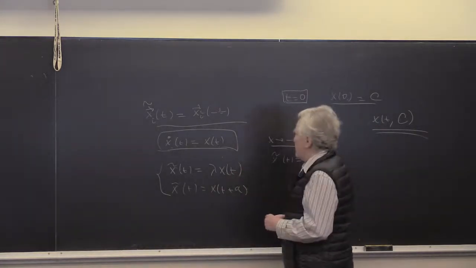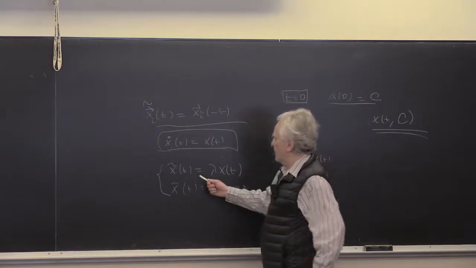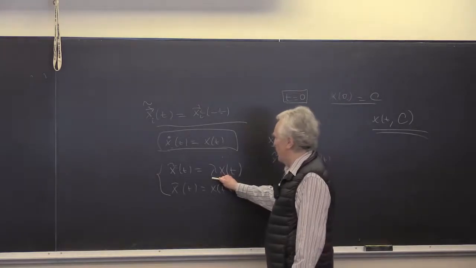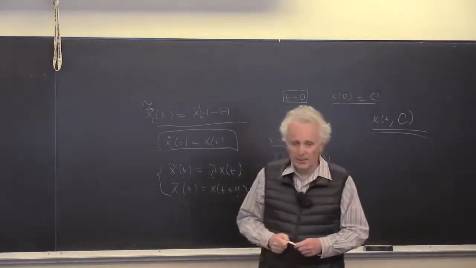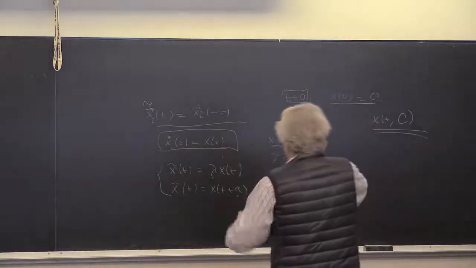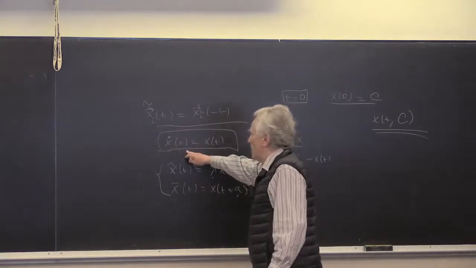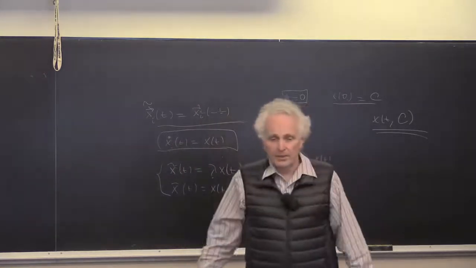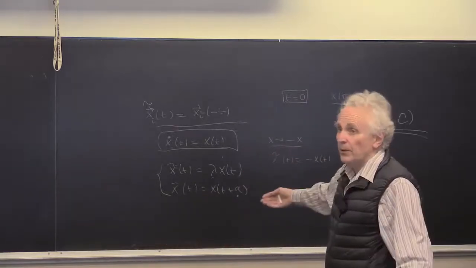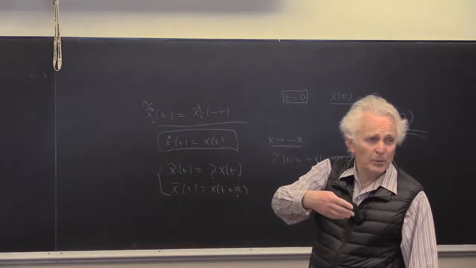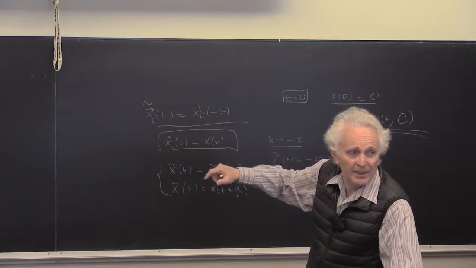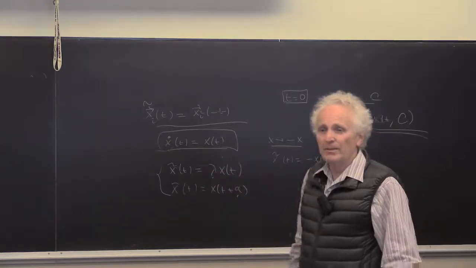But now it seems to clash with the fact that we can generate a solution which depends on two arbitrary constants, namely lambda here is arbitrary and a here is arbitrary. So contrary to the general theorem, which tells you that solutions are parametrized by one arbitrary constant for the first order. By the way, for the second order, if I put x double dot here, then how many constants will I have?